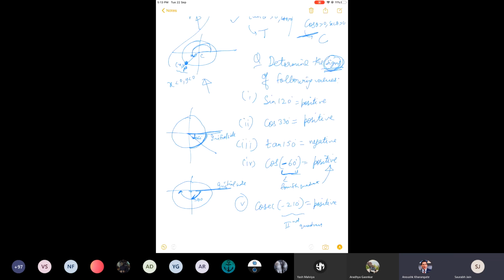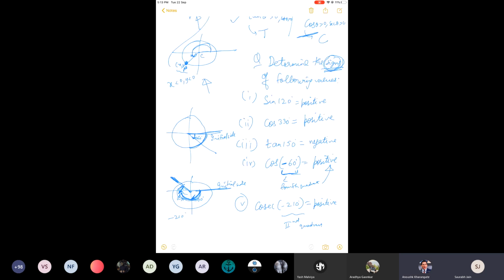See, this particular angle is minus 90. Then from here to here, another 90 and 30 more, right? So this will be the terminal side. And you are moving in the clockwise direction: 90, 180 and 30 more. So overall, this angle in this direction will be minus 210 degrees. So what is the quadrant? Quadrant is second. In the second quadrant, cosec is positive. This is how we determine the signs of the trigonometric ratios of certain angles.